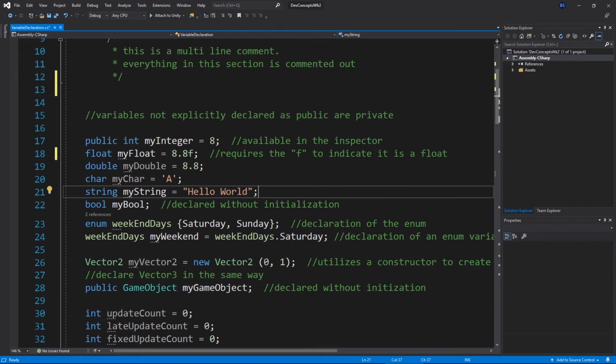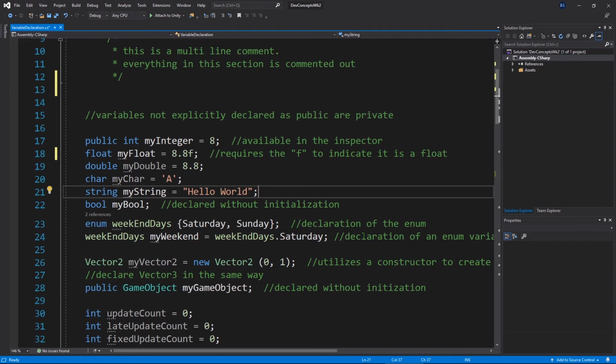An enum. So this is how you declare an enum, and they're a little bit more complicated than what we've done in the past here. Enum weekend days, and then we define what the enum is. So this weekend days is not actually the variable name, it is actually the name of the enumeration that we're creating. So enum weekend days, and inside of my braces, I've declared the values that are available for the particular enum. Saturday, comma, Sunday. So all of your things, and I can put as many things as I want in there, Saturday, comma, Sunday, separated by a comma. Okay, and then that becomes the values that are available to any enum that you declare